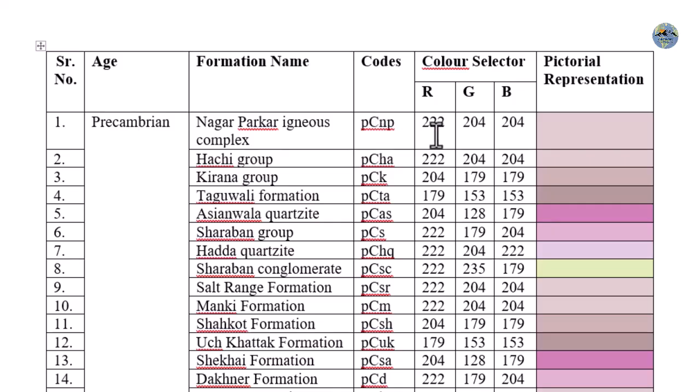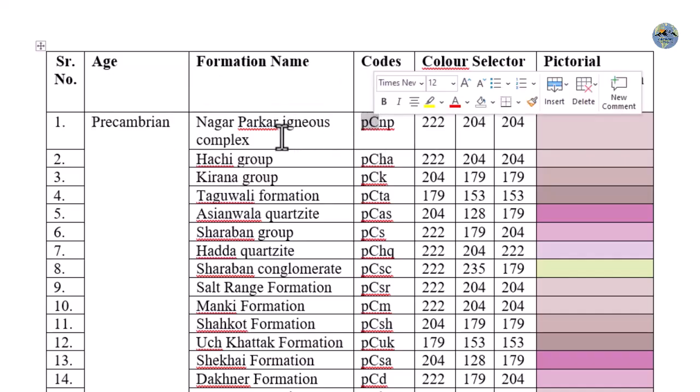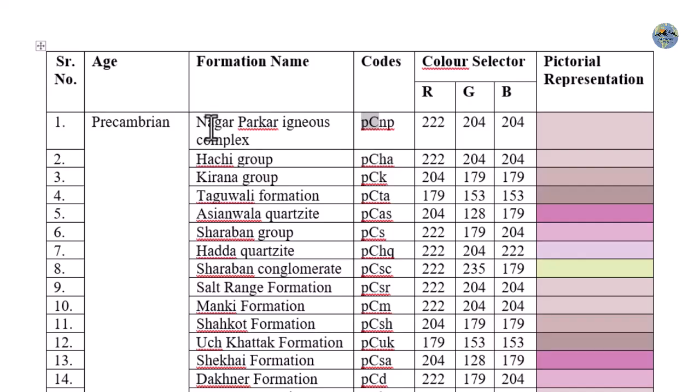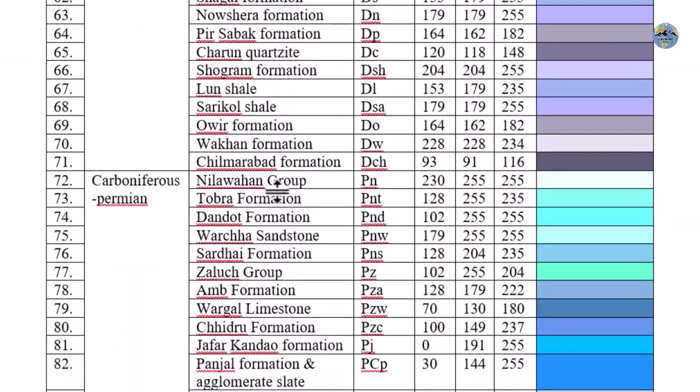You can use this, and this is the RGB color code for the Nagar-Parker igneous complex, and this is that color. So how could they generate this code? This P and C is from the Precambrian, and this N is from the Nagar, and this P is from the Nagar-Parker. We will also see some other formations like